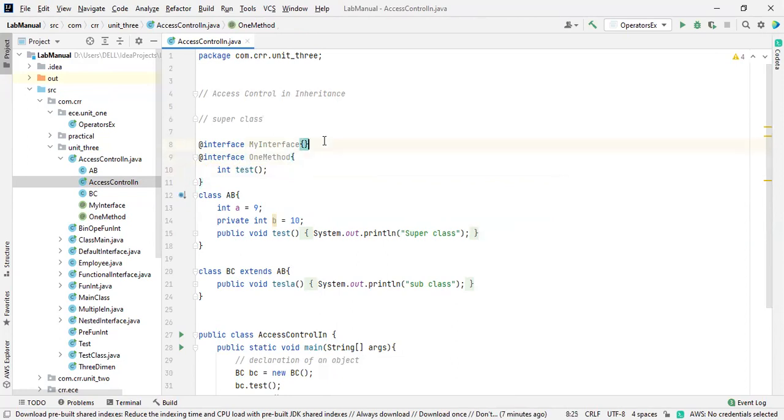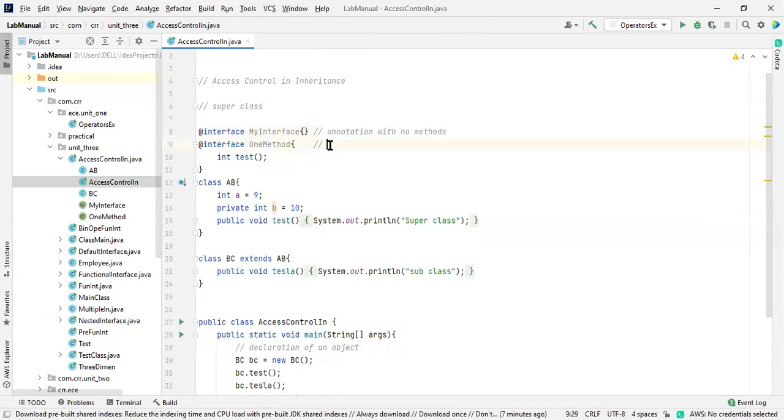So this is an annotation with no methods. And now, let me copy this. With one method. Yeah, it is similar to that of an interface.